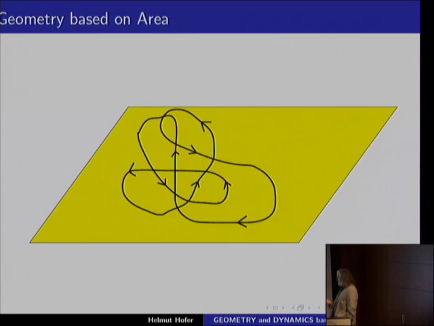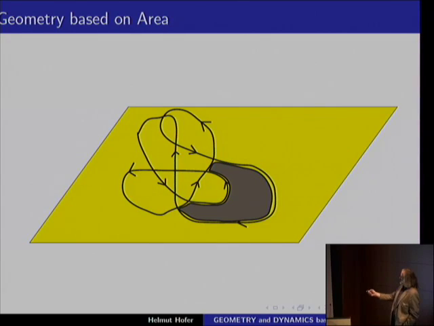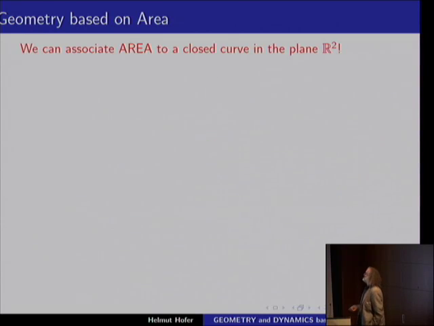I'm not going to the details, but just having this convention, you can associate an area to this. For example, it cuts out this piece. Then here you have to think a little bit because, here you go counterclockwise around, and here if you cut it like this, but then you count that twice. So you have to have some correction factors in and so on. But you can associate an area to an arbitrary curve. Good. Now we can actually go in higher dimensions. Namely, at this point we have associated an area to any closed curve in the plane.